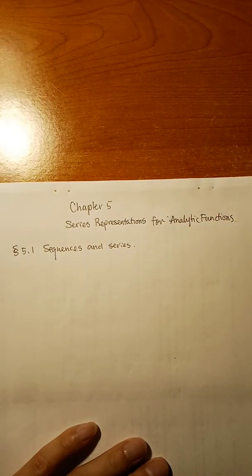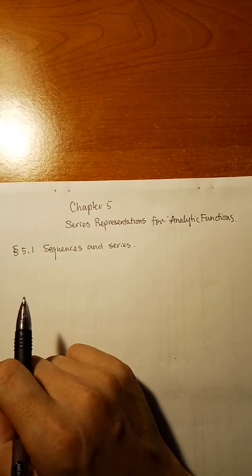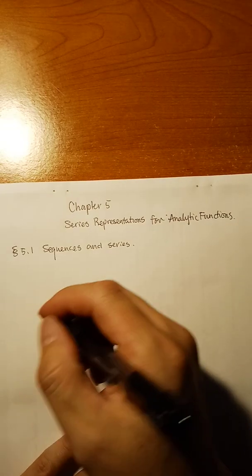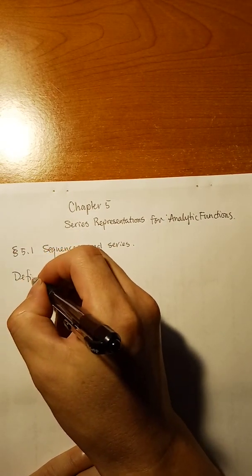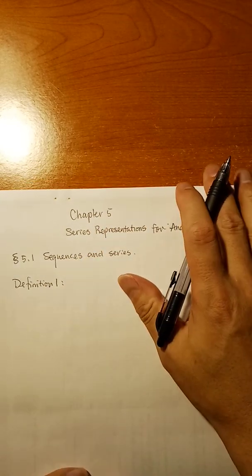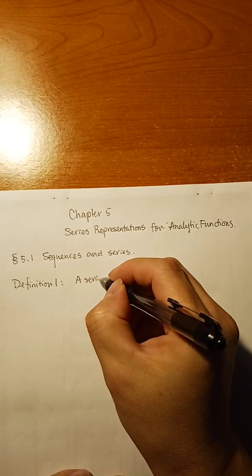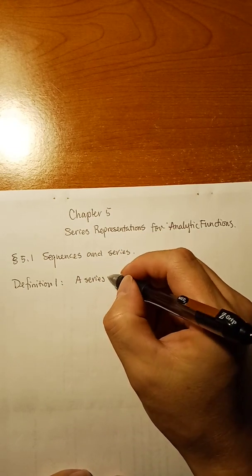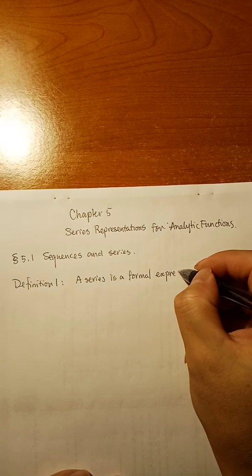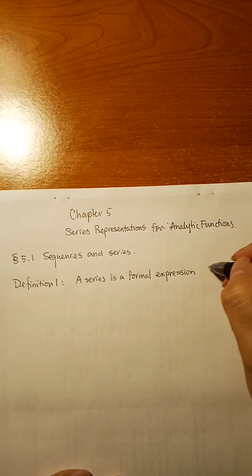So this section is very similar to the corresponding section in calculus, except here we are talking about complex numbers. The absolute value is the modulus of a complex number. But still, let's set up the language. So first, definition 1: a series is a formal expression of the form